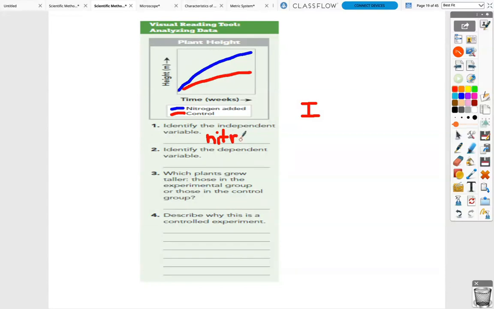And remember, nitrogen is a big component of fertilizer. Fertilizer really is nitrogen, and plants need nitrogen in order to grow. Nitrogen makes up about 78% of our atmosphere. Nitrogen is not in a usable form in our atmosphere. So we have these little bacteria that grow at the roots of some plants, and they fix nitrogen into a usable form for plants. And we'll talk about that more when we talk about the nitrogen and the phosphorus and